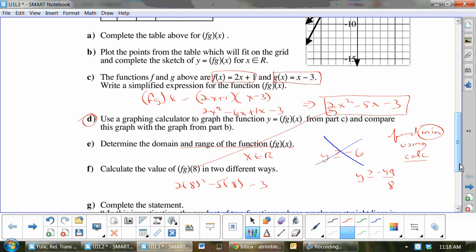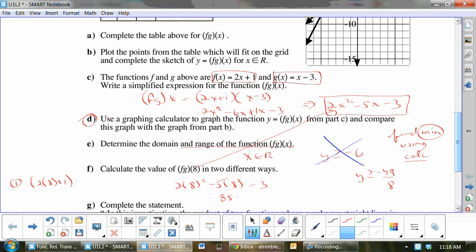Okay, and you will get 85. Now it says do it 2 ways. So there's another way I could do it. I could have done it like this: 2 times 8 plus 1,